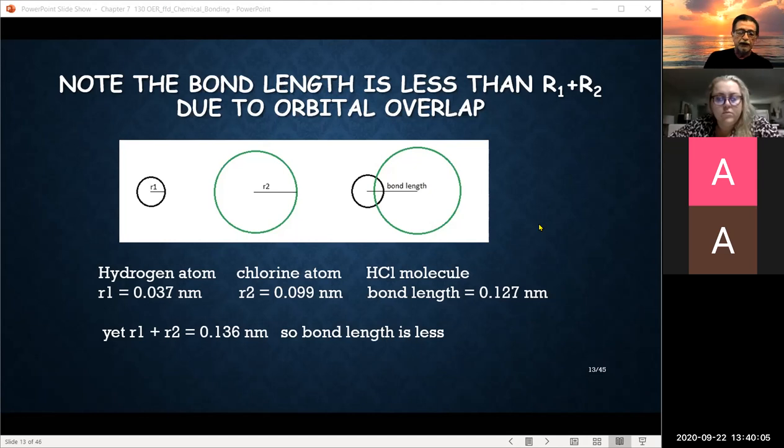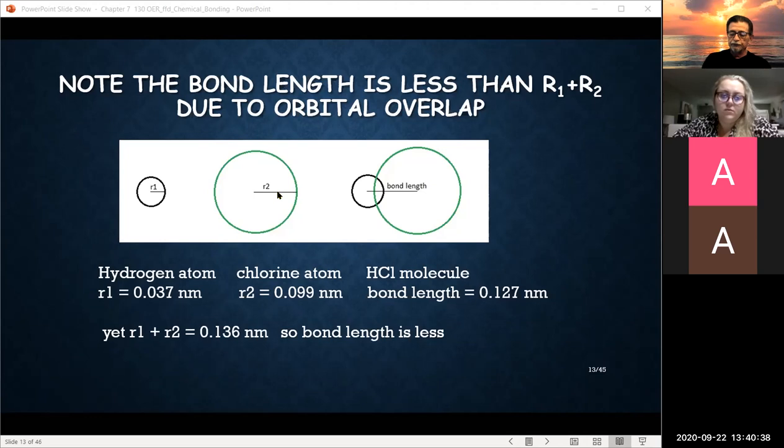And so, for example, you got that R1, which is the black sphere on the left, has X amount of radius, and then it looks like a green sphere, R2, that's the radius for the second element. It was thought that if they come together, then the radius between the two atoms would be the sum of the two radii of each of the atoms. Well, that's not the case. It turns out that